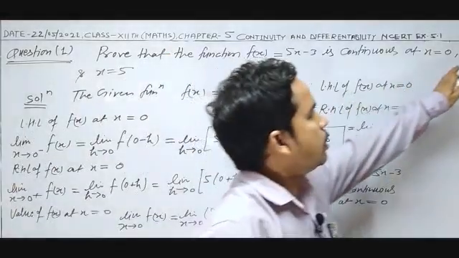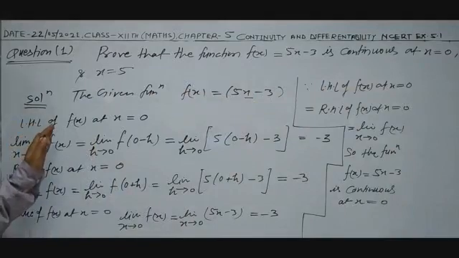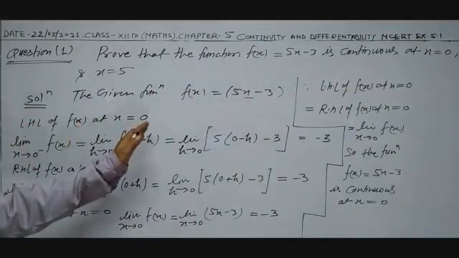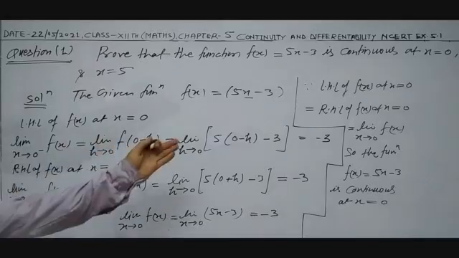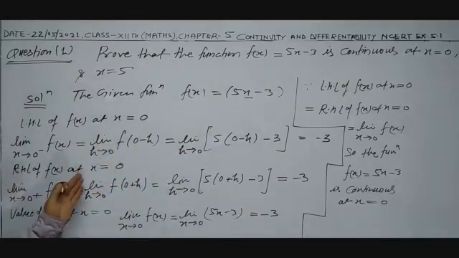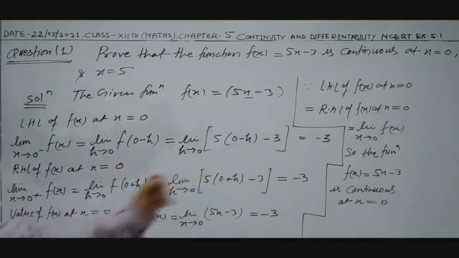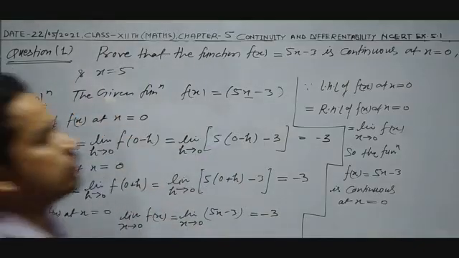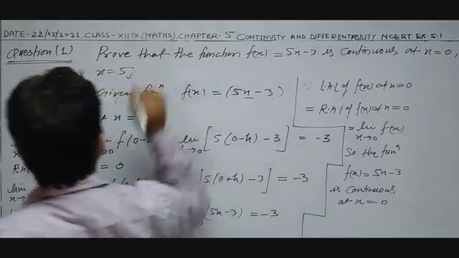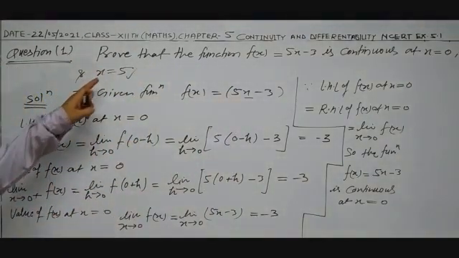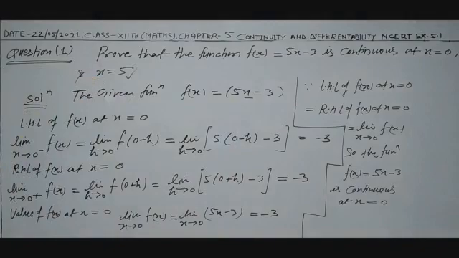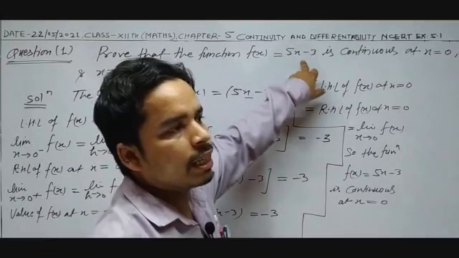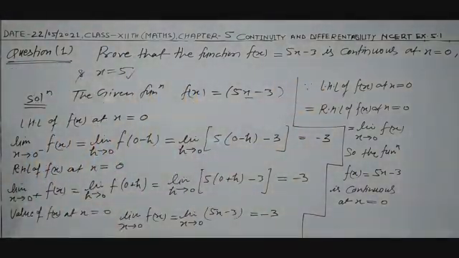Similarly, you can put at the place of x minus 3, means left hand limit of the function at x is equal to minus 3. You will get some result, and the RHL of function at x is equal to minus 3, you will get some result, and the value of the function at a given point. All these three values will be the same. So you can solve yourself. This will also be continuous because you know the polynomial function is continuous everywhere. So question number 1 is completed.